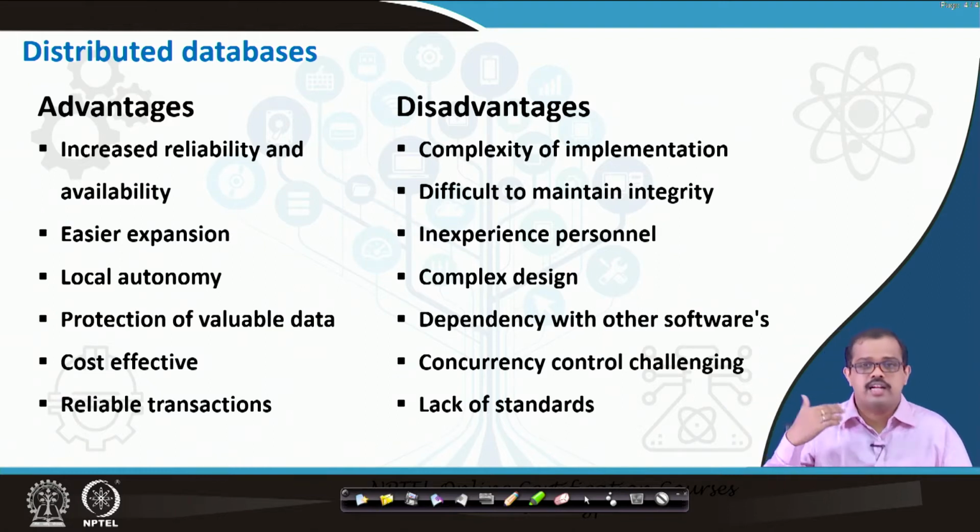When you look at the advantages, there is increased reliability and availability most of the time. When you look at most sites, you look at their downtime. If the site uptime is 99.99, then it is considered reliable, which means the data being provided from different databases is reliable. Reliability is not just about time, but that you can rely on that particular website for getting the data. That's what I meant. Then easier expansion and local autonomy, whatever data autonomy you want to have.